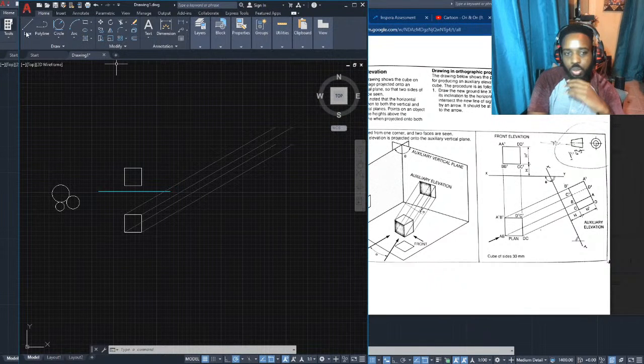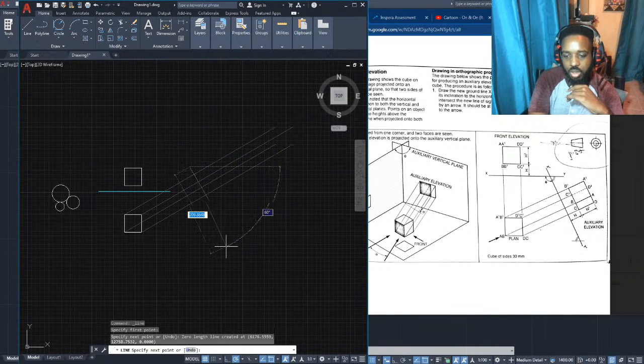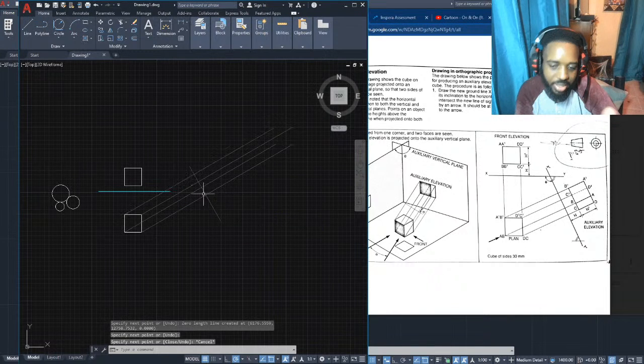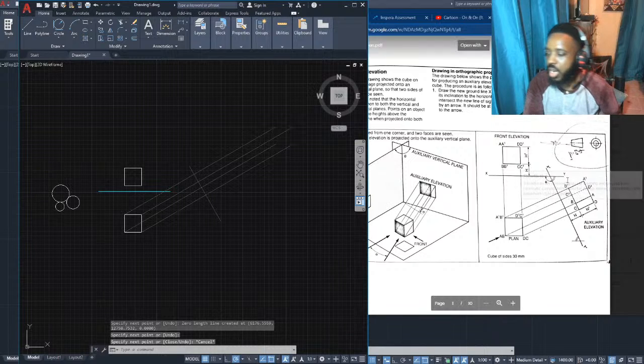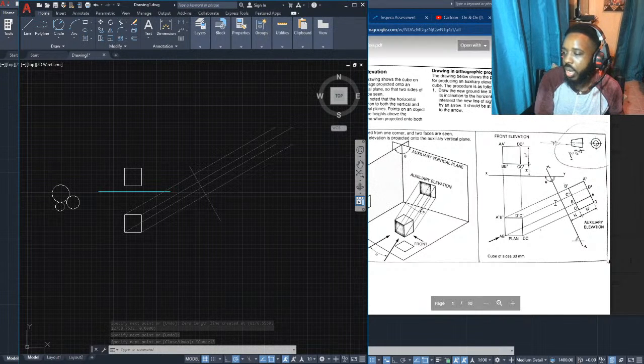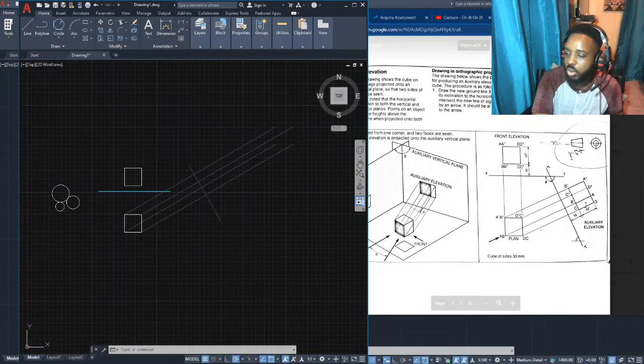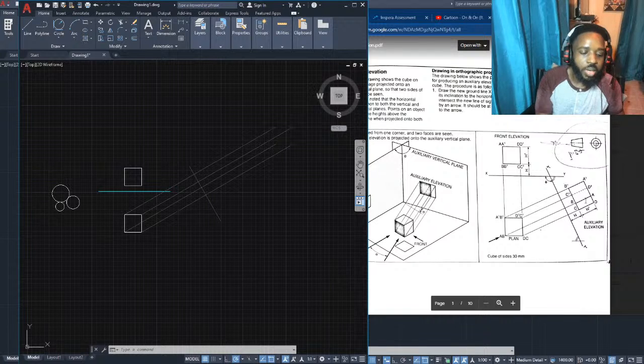To do this, all you have to do is draw this line across like that. It's already set to 30 degrees, so this line is going to be perpendicular to these lines. So this now represents my x1, y1 line. With that, I can use this information to get my auxiliary view, which is this view of the cube over here on this side.